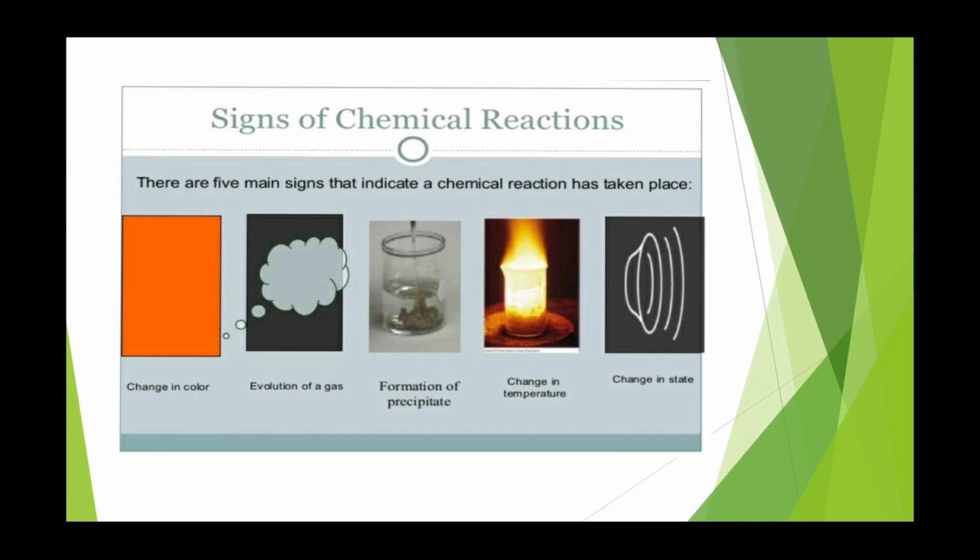Finally, from all this, we can summarize that if the composition of matter changes during a process, then it is called a chemical change. A chemical reaction is a process in which some substances undergo bond breaking and are transformed into new substances by formation of new bonds. This is all about the topic chemical reaction.